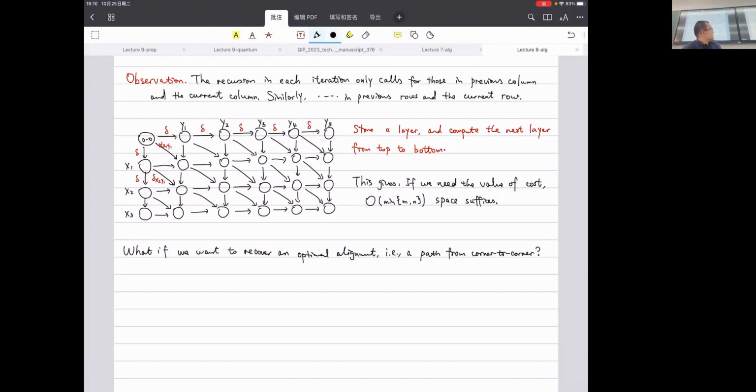MN. But based on a little bit more observation here, since we have been drawing this two-dimensional directed graph, we can clearly see that the space complexity of this algorithm can be improved to the minimum of M and N. And of course, for this algorithm, the time complexity is still O of M times N here, because the space can be saved, but we still need time to refresh the columns. When we go to the third column, based on the second and the third column,